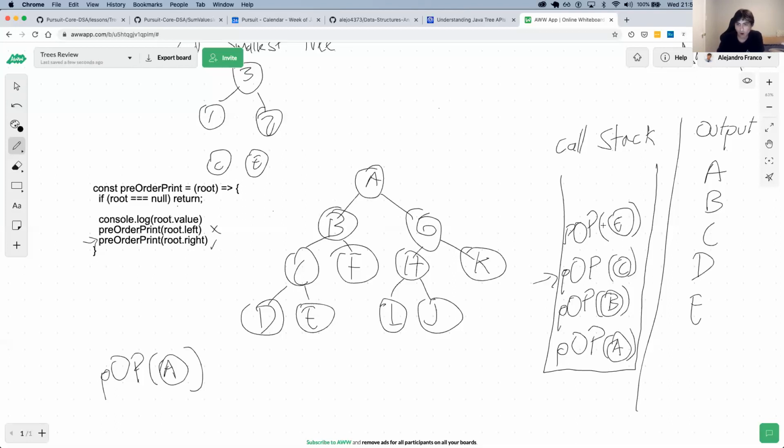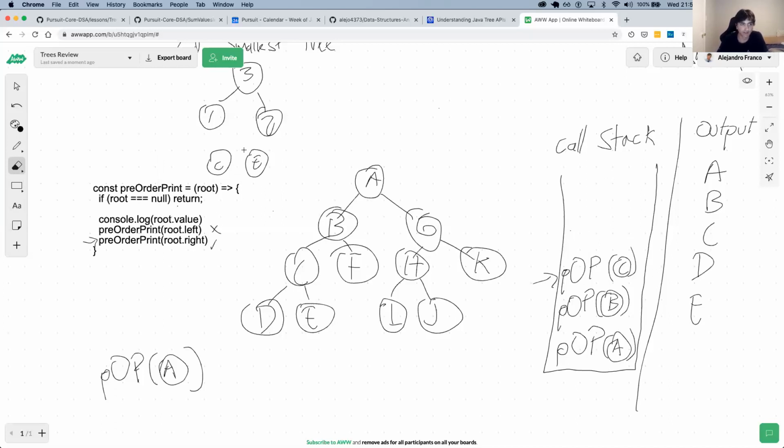When we were here on pop E, we put two other calls in the stack, one at a time, one for the left, one for the right. Those finish, and then this function gets removed from the stack. Now the execution for the node E was finally done.